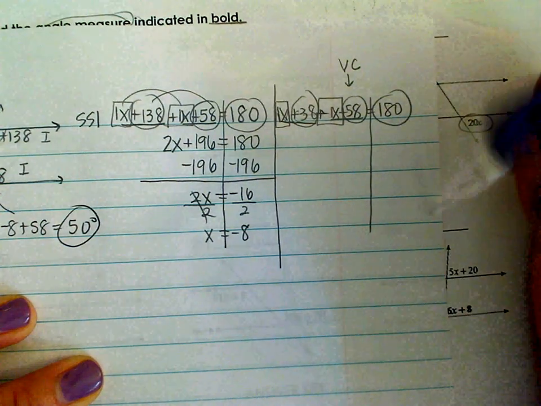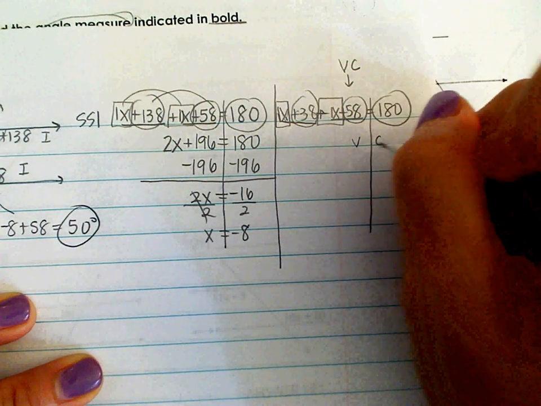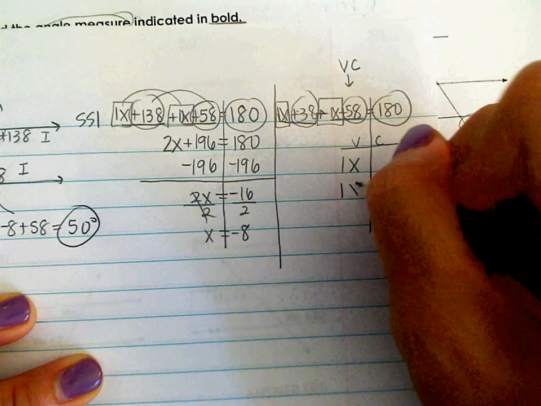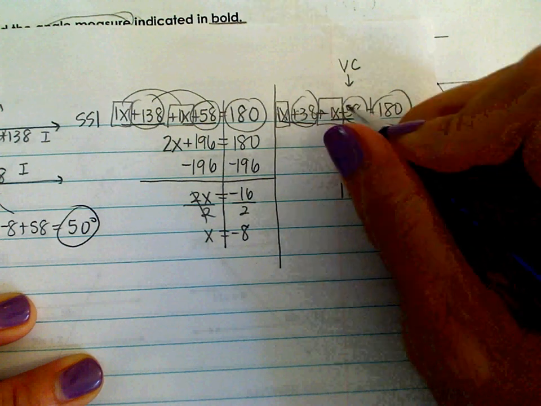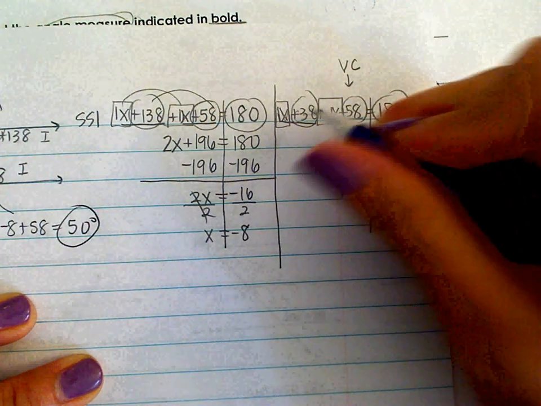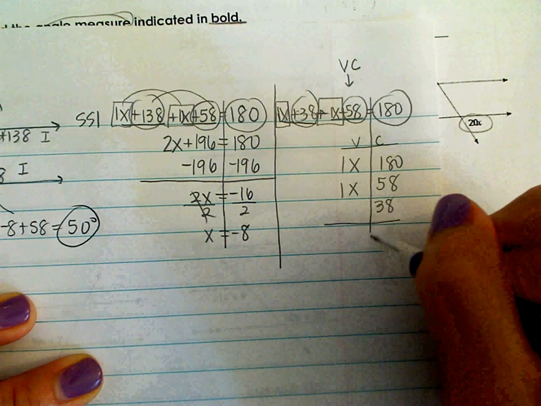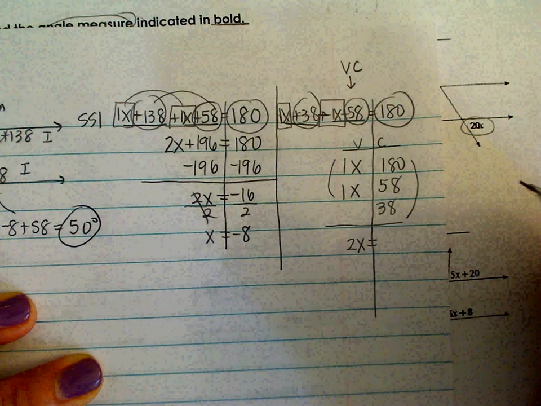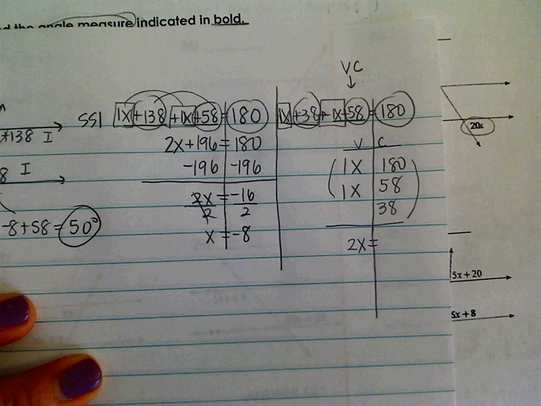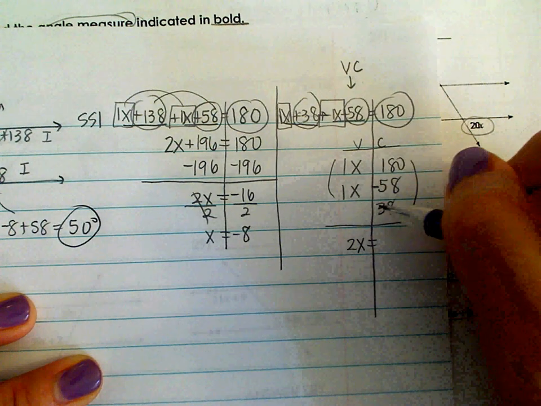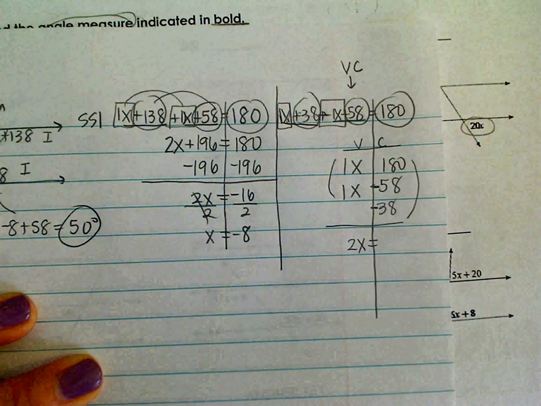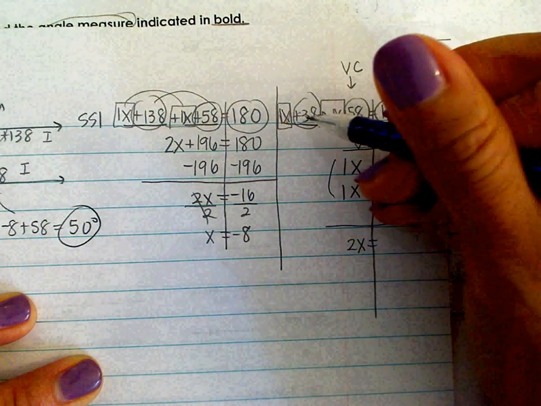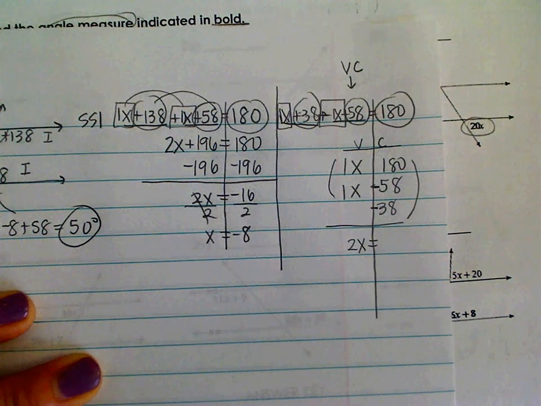Okay, so we got variable constant, 1x, 180. That's a positive 58. Be careful of that. Positive 38. That's 2x. I should have made this negative, because it comes over and becomes negative, comes over, becomes negative. Okay. And then that looks